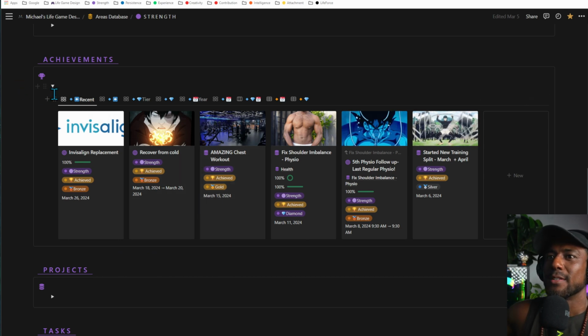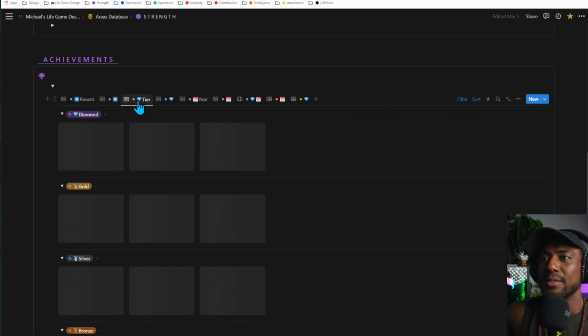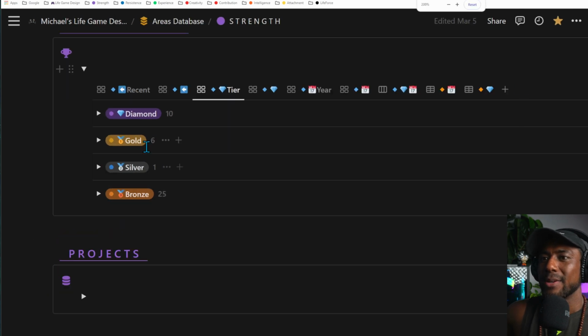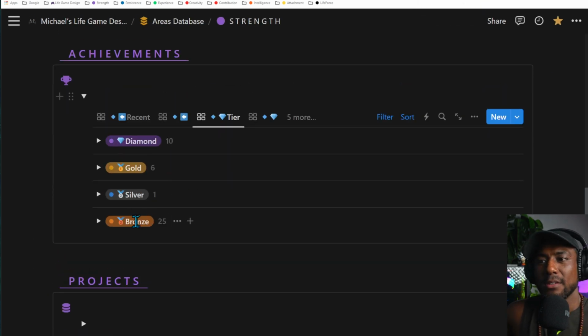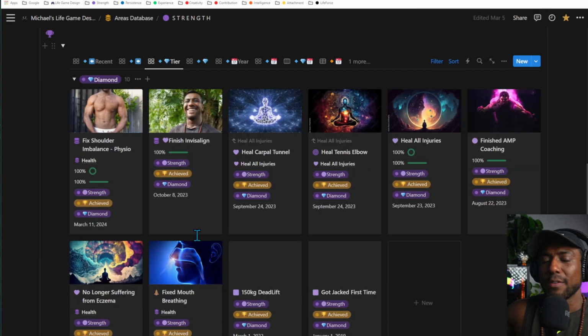All of these achievements have different levels of fulfillment to you, and you can see that using the tier list ranking over here. Now, the tier list ranking is basically a really intuitive system. Everything starts at bronze. Every achievement you make starts at bronze, and it's up to you to put them into higher ranks and say, you know, these diamond ones are going to be the most fulfilling things that I've ever